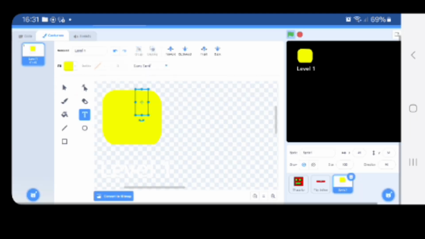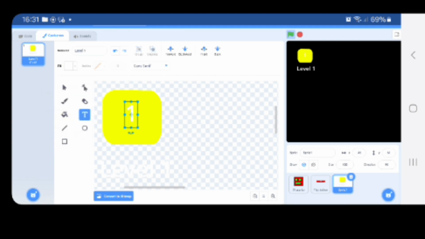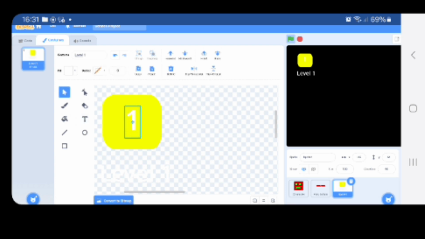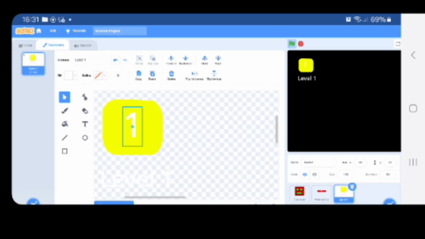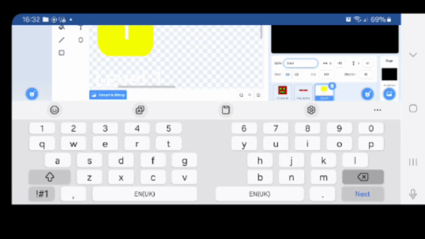Now we're gonna write 1. We're gonna make it bigger so it stands out. Then we're gonna put it in white. Then we're gonna make it bigger. And then we're gonna make sure it's bigger because it's hard to see. And now you can see it. We're gonna call it level 1,